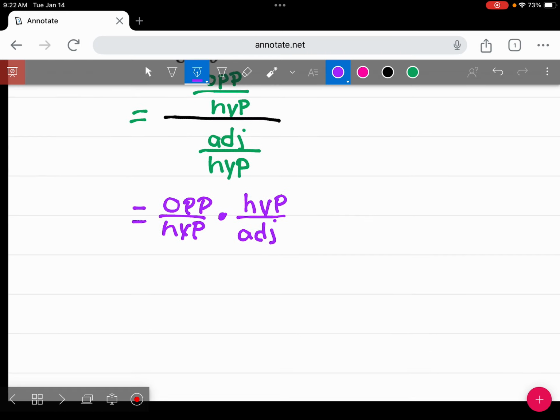What happens when we do that? The hypotenuse cancels out. And we're left with opposite over adjacent,